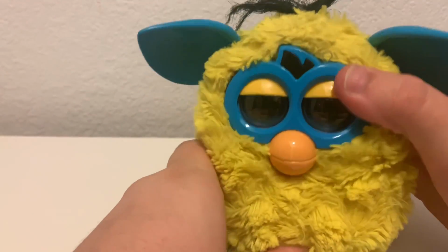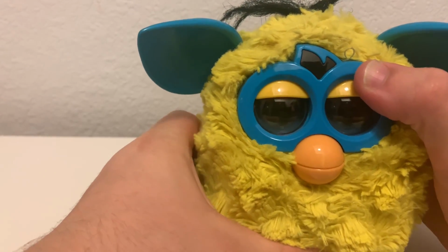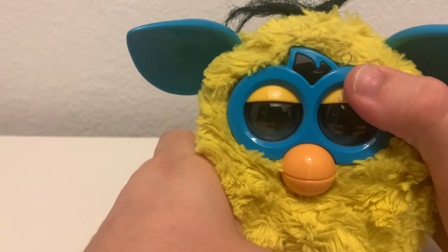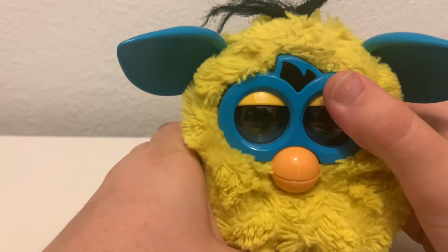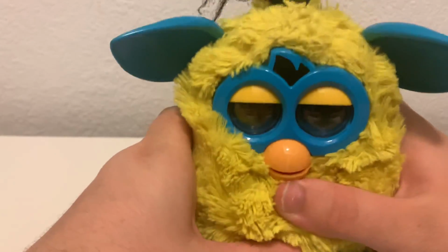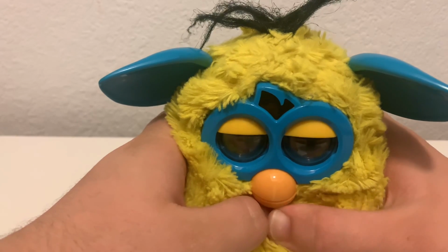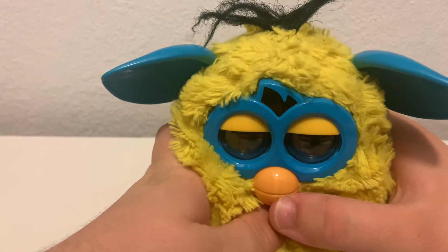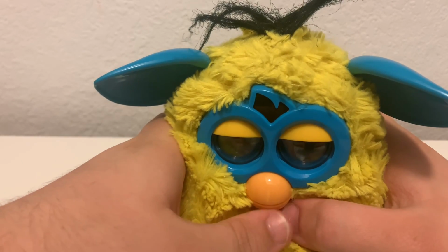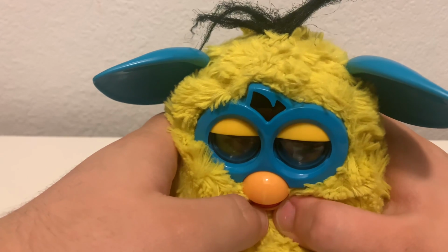I had a Furby Boom that was broken. I could not fix that one. There was actually a problem with the motor. It wasn't that it was just disconnected. It was like a lot of these types of Furbies get. The motor just sort of dies. I've heard it's an app problem, but that is a whole different story, and if I talk about that, I will probably get some dislikes, so